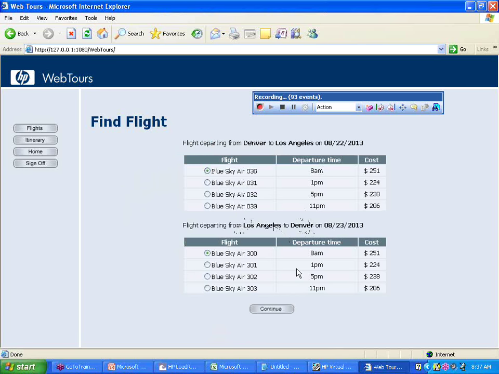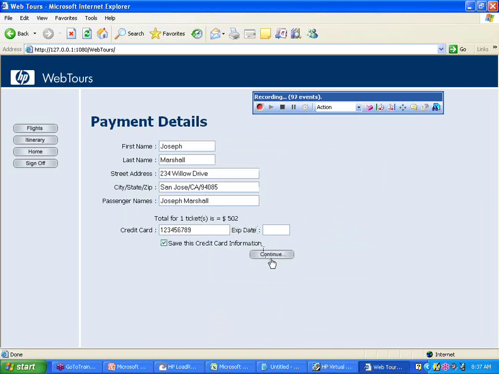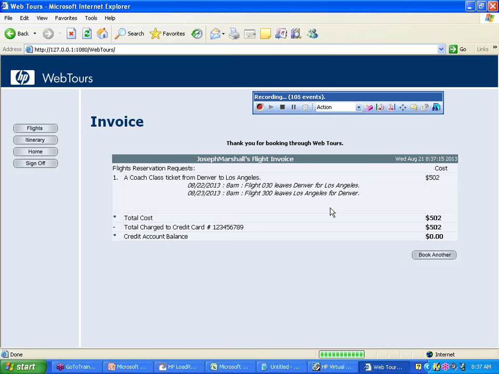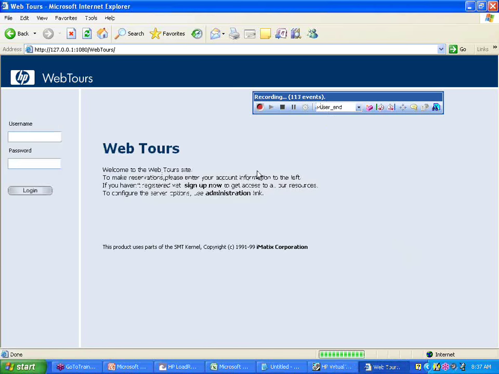Click on continue and then again continue. Take the defaults, give the default payment details, continue, and then we are done with the main script. We will go to the VUser end action, which is nothing but our sign off. So once you are done with that, stop the